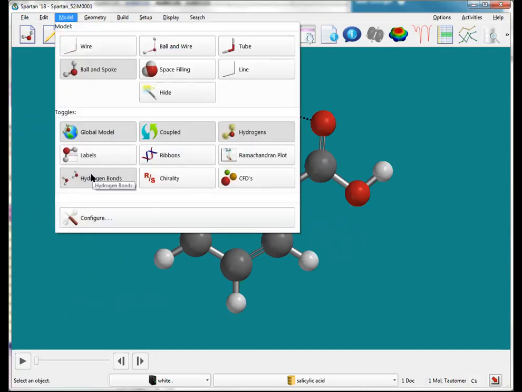You'll also see my system is not chiral, but there's a little RS chirality, and if I turn that on, that will highlight chiral centers, and I'll point that out to you in a separate example. But that's also available. So I can turn off hydrogen bonding. There are a couple of other items here that are not necessarily applicable to looking at a single molecule, but